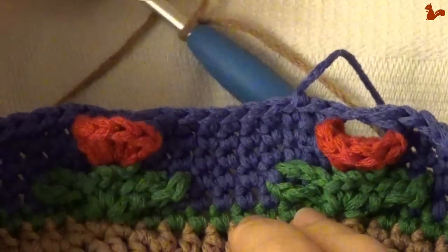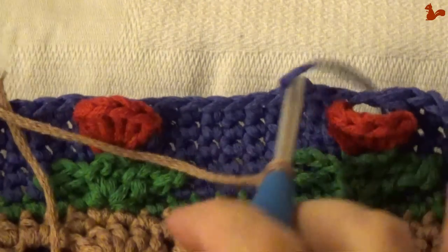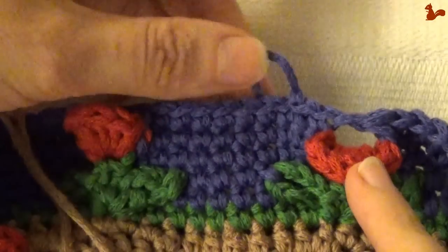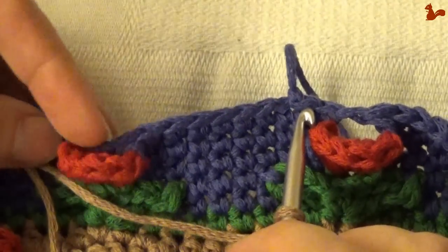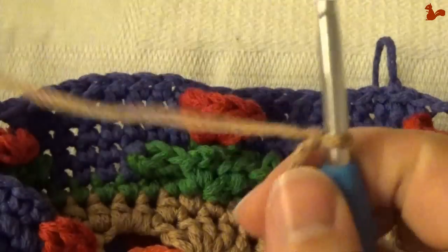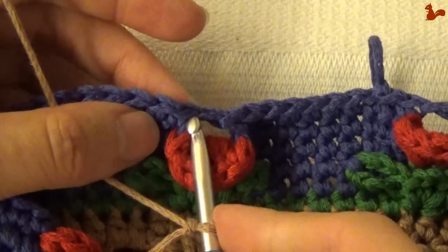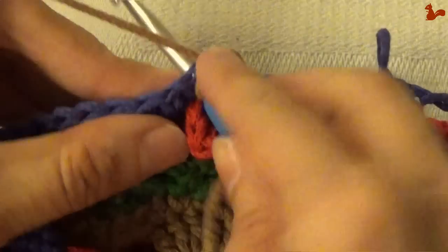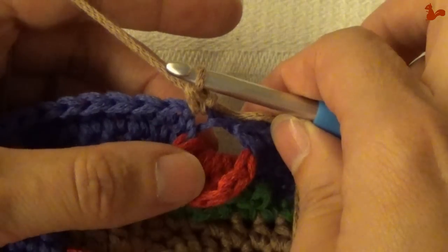Round 49. This round is not incredibly complicated because you're again going to make a single crochet on each and every stitch, and when you get to the chain 1 space, you're also making a single crochet in that space. I'm not going to start in the join because I don't want my joins all in the same place. I'm going to start on the next flower petal, and I'm going to start in the first single crochet immediately after the chain 1 space. So this is the chain 1 space. I'm starting in that first single crochet, that first stitch, and I'm starting with a standing single crochet on that first stitch immediately after the chain 1 space,